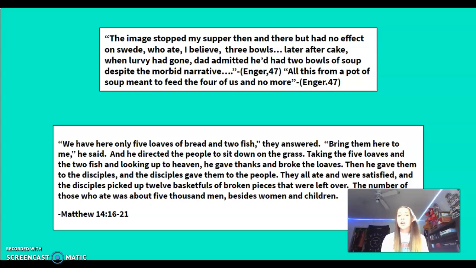The fact that they started out with this many and ended up feeding 5,000 is the same as the pot of soup that was meant to feed only the 4 family members and ended up feeding Levi and the 4 family members and having some left over in the pot when Reuben went to put it away. This helped me understand just how much they were building up Jeremiah Land to be a prophet figure within the